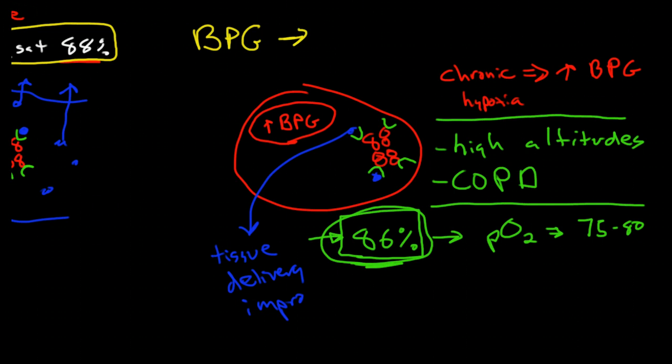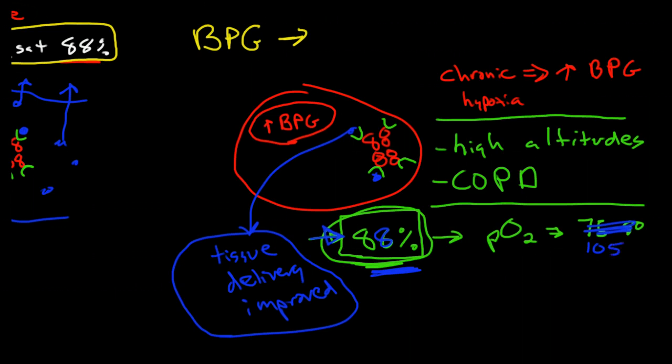Okay. So BPG is the main reason why you see this observation where people with COPD can do just fine with an oxygen level of like 86%. And the same is true with people who live in the high Himalayas up at 16,000 feet. They're also going to have lower oxygen saturation levels at the arterial end just naturally. So, a nice healthy Sherpa guide may have an oxygen saturation of like 88% with a normal PO2 of 105,